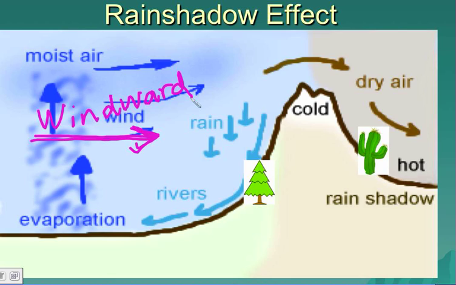Okay, the windward side is the side of the mountain where the wind is approaching. Because the wind is moving in this direction, we call this the windward side. Now again, as the air approaches, it can go nowhere but up. As it goes up, low pressure is made, and as we can see in our picture here too, the rain